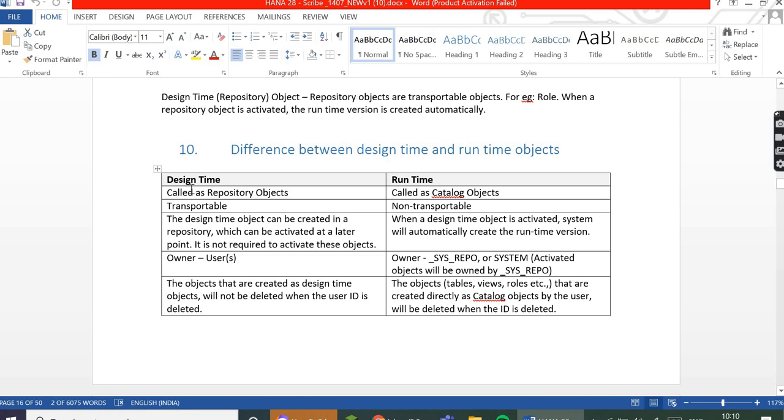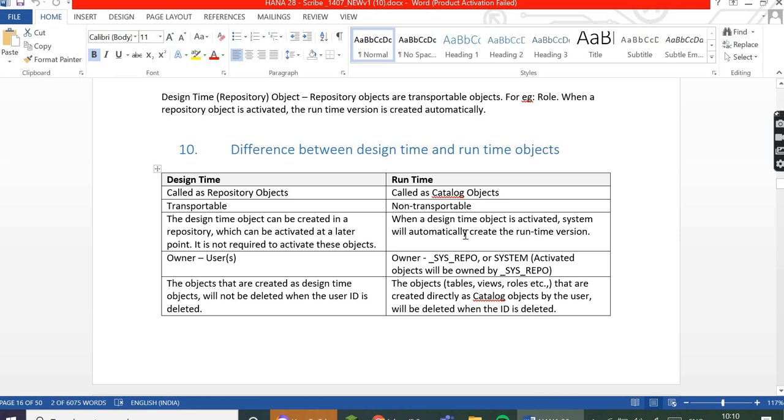Whenever we activate the design time object, one copy is automatically created as a runtime copy of that same object. Whereas whenever we create any runtime object, the system automatically creates it.